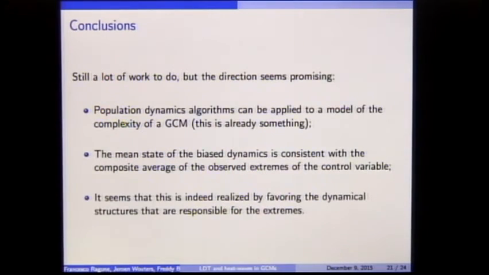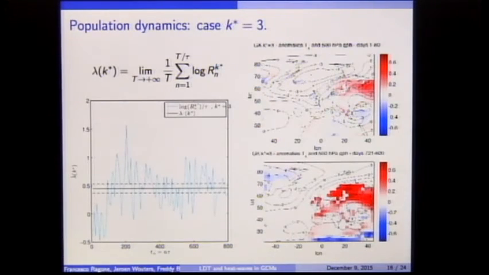And this is it, essentially. The conclusion, as I said, is that these are preliminary results. I just wanted to have a look at whether it makes sense to do these things, because otherwise I don't spend more time on it. To me, what we have seen is that it makes sense. There is still a lot of work to do in understanding the properties of the algorithm and the optimal way to apply it to this system, but there is potential. What I'm happy about is that I'm getting that the average of the bias dynamics is this thing. Remember this picture?